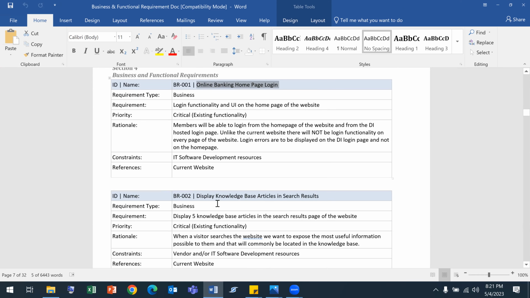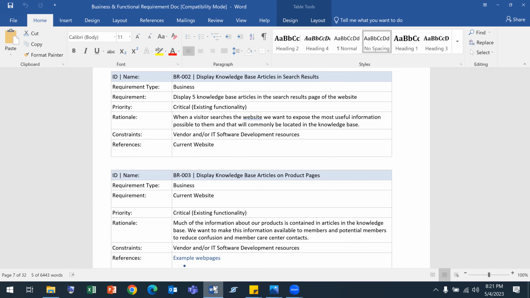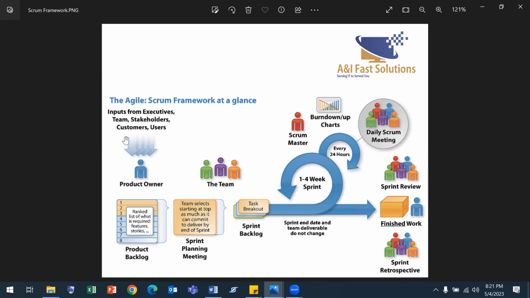So the display knowledge base articles, search results, they have a lot of it. So they're going to include basically in the product backlog item all of it listed 1, 2, 3, 4, 5, 6, 7, 8, up to, it depends on the projects, 100, 200, 300, we don't know. Or mostly, if it's a small project of 2 to 3 months or 3 to 6 months, they might have like 100 functionalities or 150 functionalities. So they're going to list each and every work item, and they call each item a product